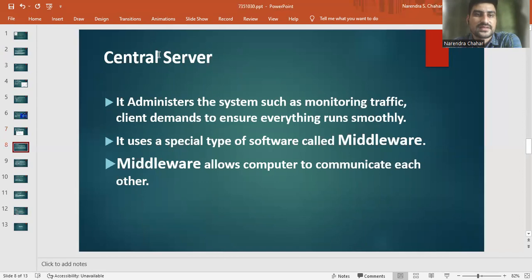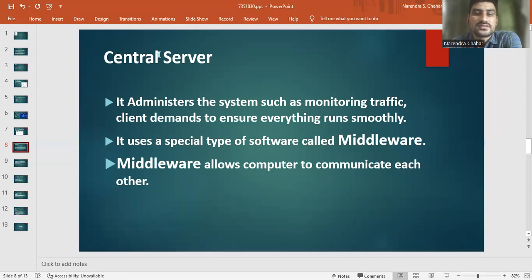There is a central server to control all these distributed servers. It administers the systems, such as monitoring traffic and client demands, to ensure everything runs smoothly.